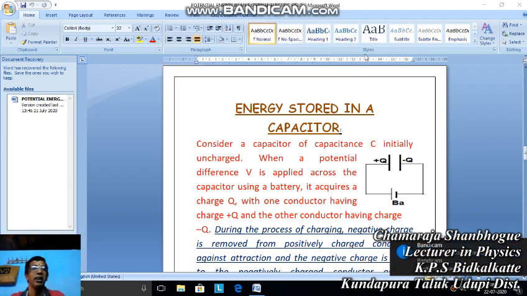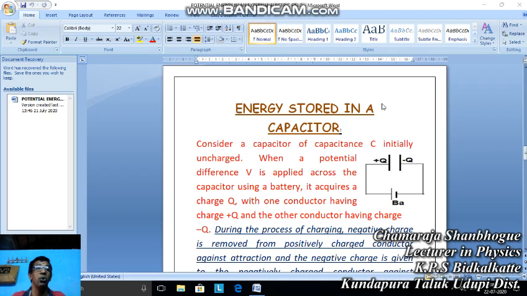Namaste. Today we study the last topic of the second chapter, that is energy stored in a capacitor. Energy stored in a capacitor. Consider a capacitor of capacitance C initially uncharged. Initially uncharged means